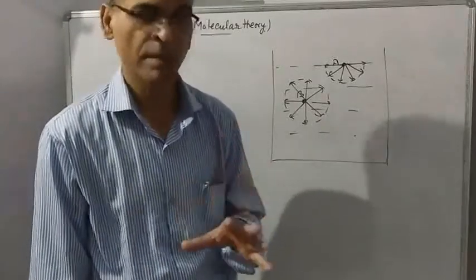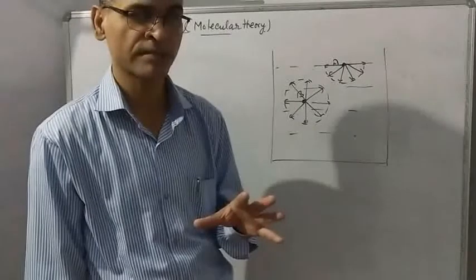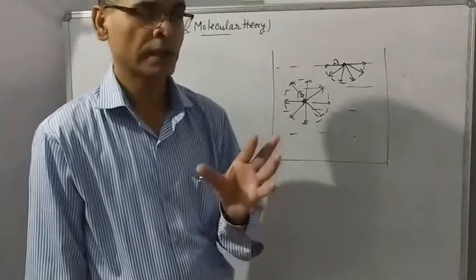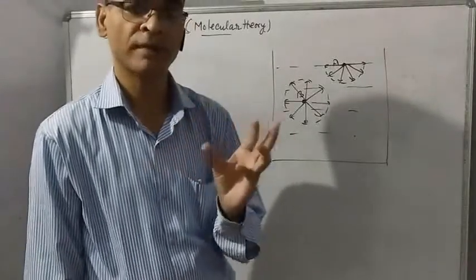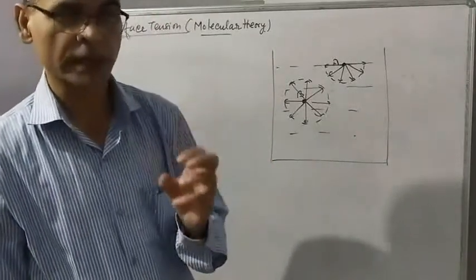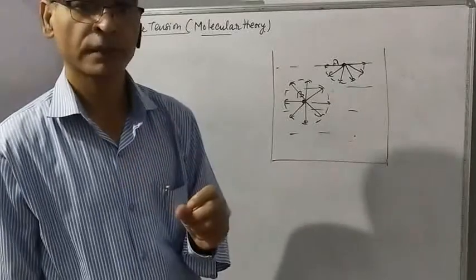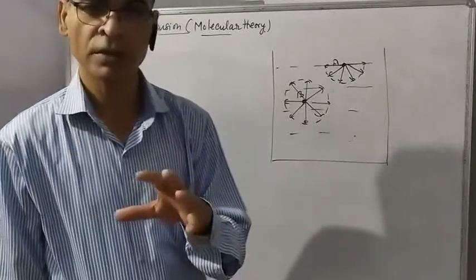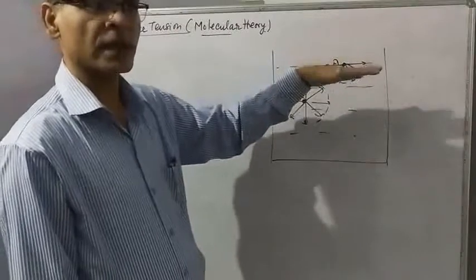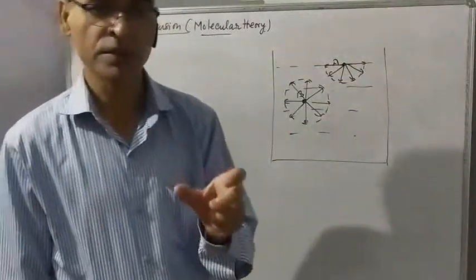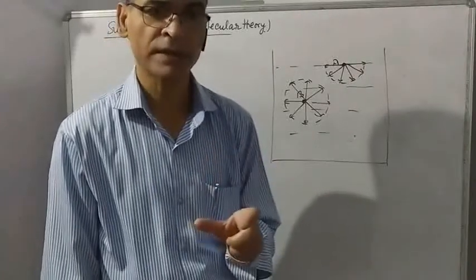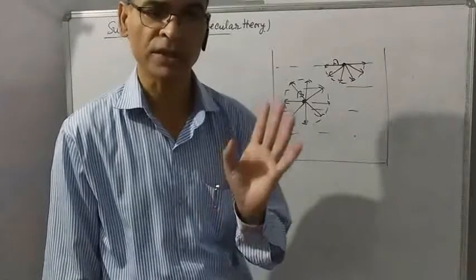And if a minimum number of molecules are present on the surface, the surface will try to be small. Think of the surface of a balloon. The surface of a balloon has a tendency to contract, to get smaller and smaller. That is why the surface of a balloon has some tension. Very similarly, a liquid surface has a tendency to reduce its size. That is why it develops a tension on the surface, and that is the reason behind surface tension.